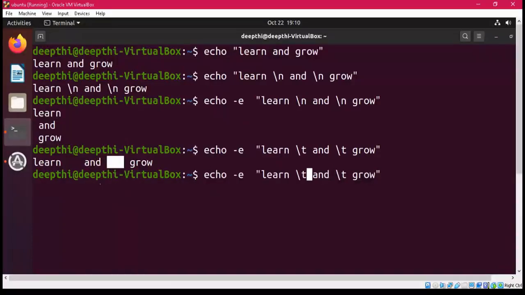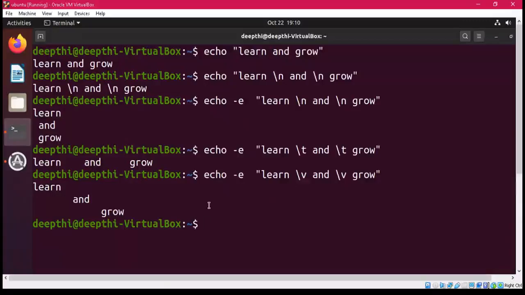After that, if I use \v, that is vertical tab, in that case also you will see the change. As you can see, learn and grow with a vertical tab gives a shape of a waterfall.